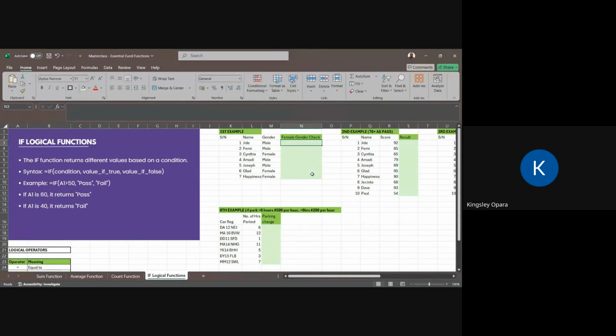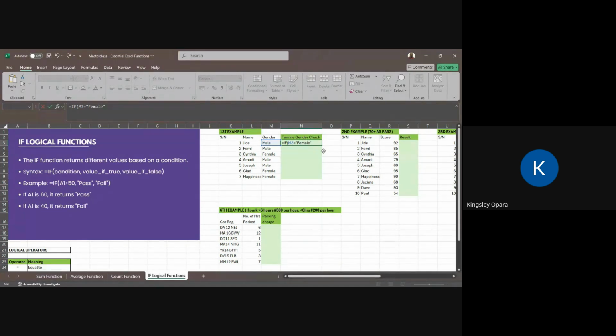So you want to see who is a female here. So we're going to use a function known as the IF function. And I'm going to write it by using the same equal to sign and IF, open the bracket, then select the gender here. If this gender is equal to female, FEMALE.